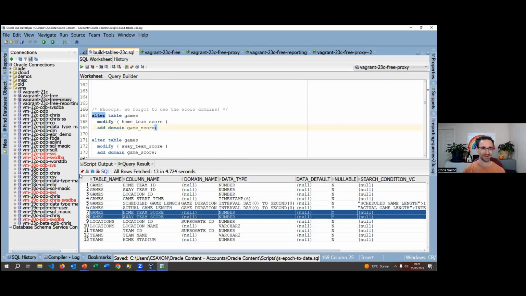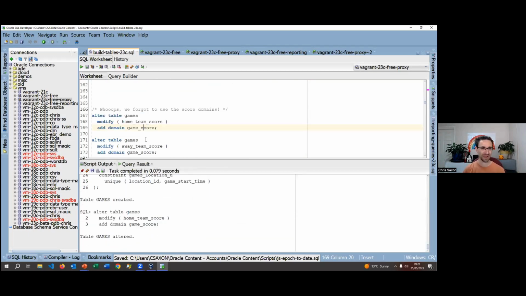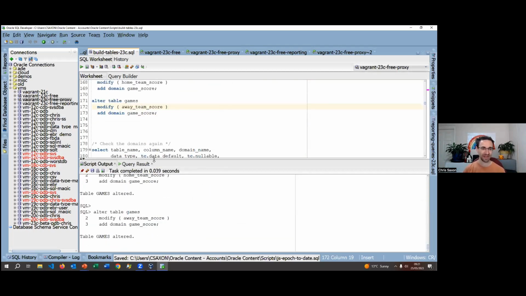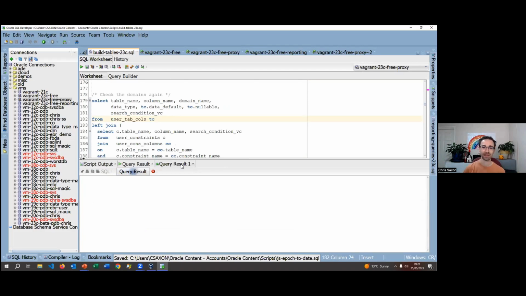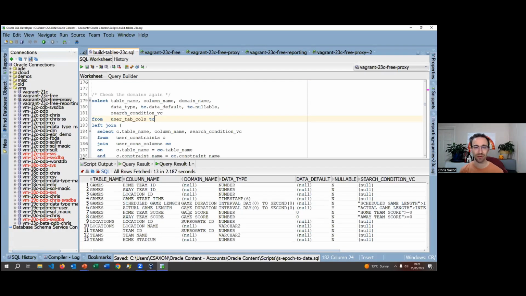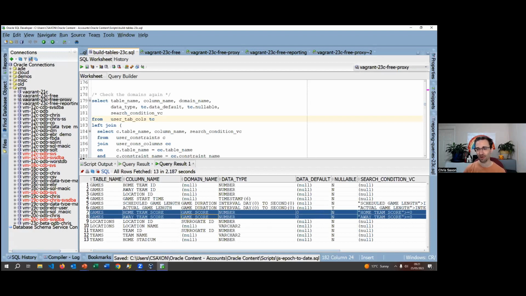Modify, add domain. So we'll just pin this. We'll add the domain for the home and away, and if we run the query again, you'll see that not only have we got the domain applied to it, but it has also added that default and the constraint. So just to show what we had before, there was no default, there was no constraint, and the values were optional. By applying the domain, we've applied the constraint, the default, and the not null constraint to those